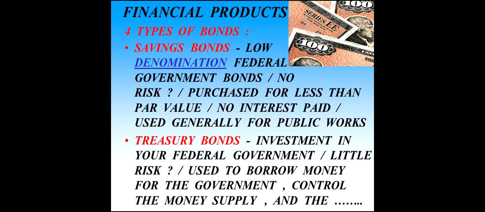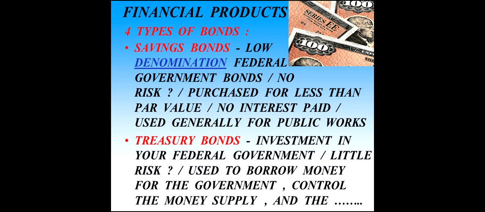Okay, the second type of government bond is called a treasury bond. A treasury bond is issued by your federal government. It's an investment in your federal government. Again, I have the question mark on risk because I get a little worried about the national debt. What the federal government issues treasury bonds for is to borrow money for the government, and also to